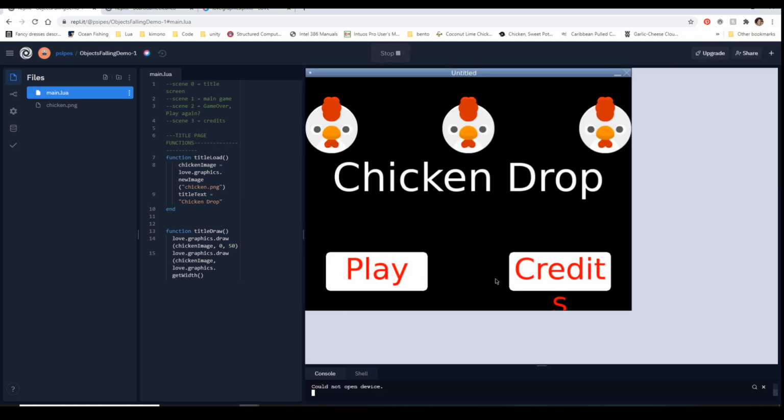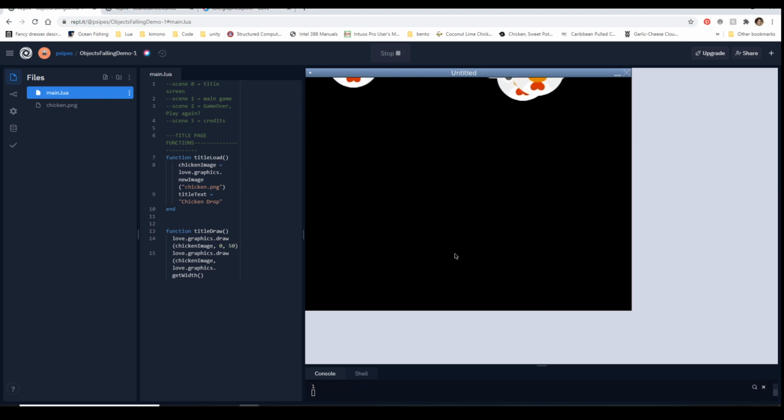Okay, so Chicken Drop. You can see where things are a little bit weird, but you click play, and you've got chickens falling from the ceiling, and the whole point again is to just kind of... And yeah, I know I do a lot of click games because these are easy to explain and they show you guys a lot of different ways to think about things like collision.